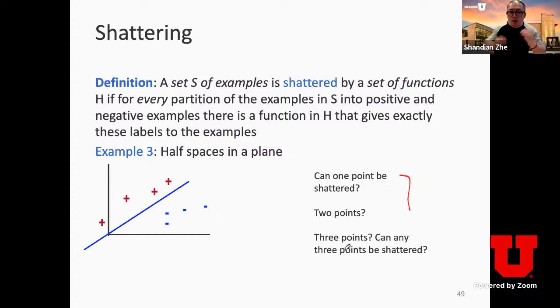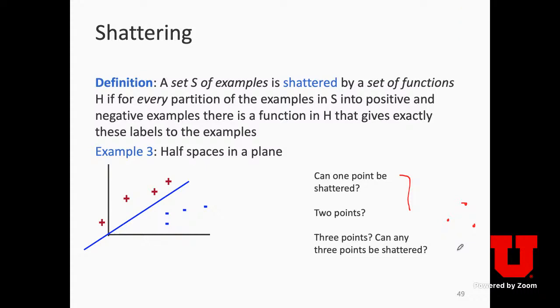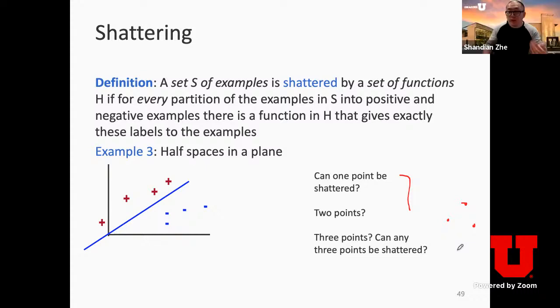If we pick 3 points here, can they be shattered by linear classifiers? Any guess? I mean, just give me a guess. You don't need to verify it yourself. Yes, I think, okay, intuitively yes, right? Because it looks like linear classifiers are more expressive or flexible than intervals.